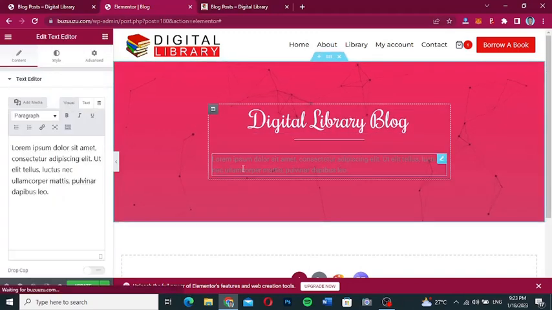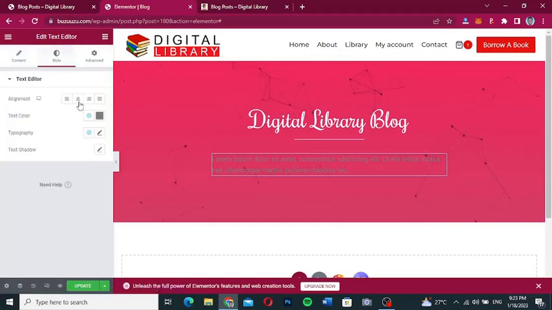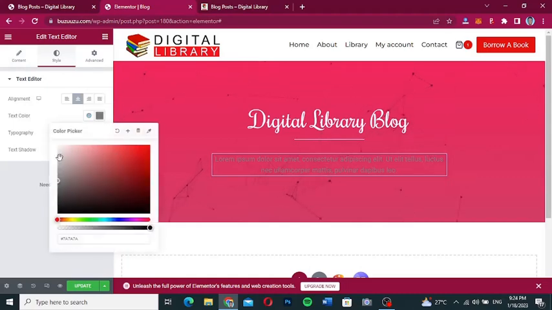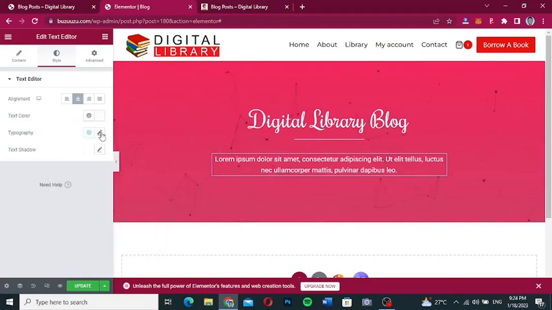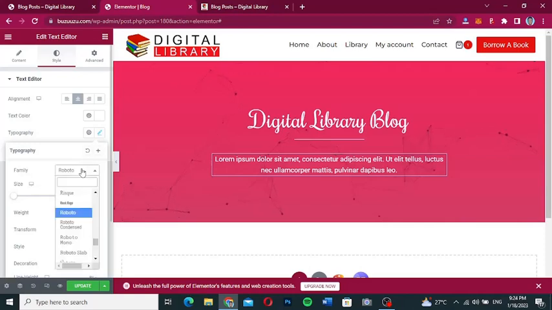Now you can write any text that you want to write. I'm going to style it. I will leave the default text over there because this is just a tutorial, and then I'll place it at a line at the center, and then I'm going to go to the text color, change it to white. Okay, just change it to white, and then I'll go to the typography, also search for Montserrat, and then use